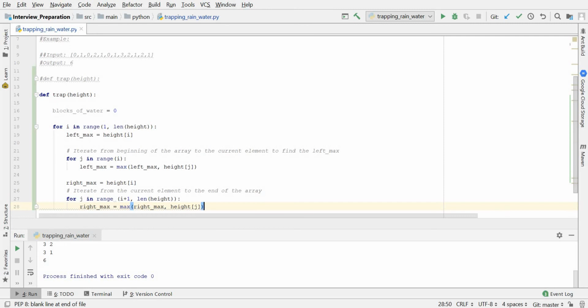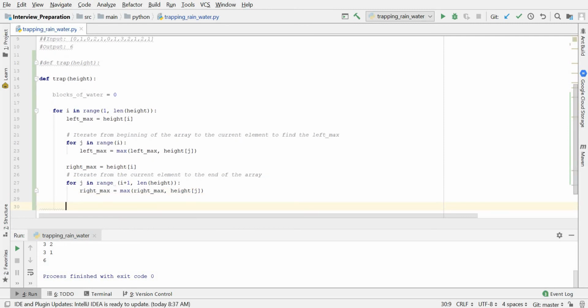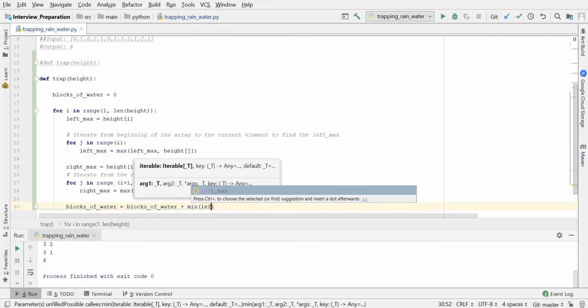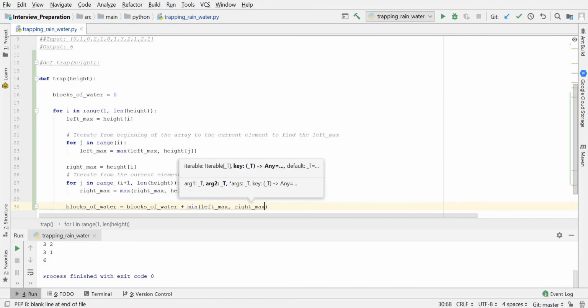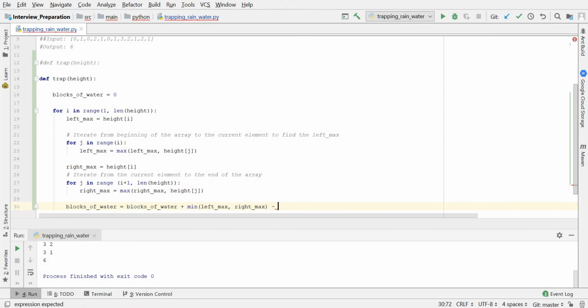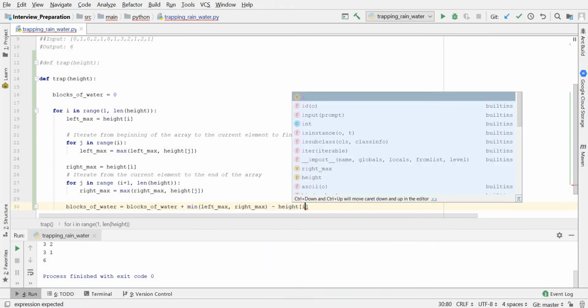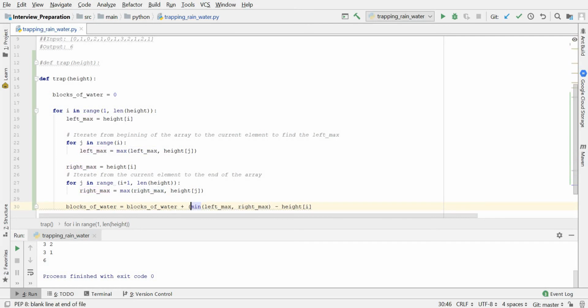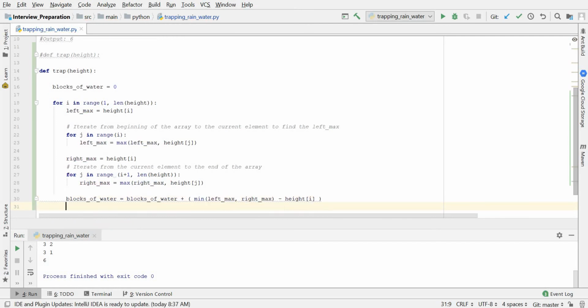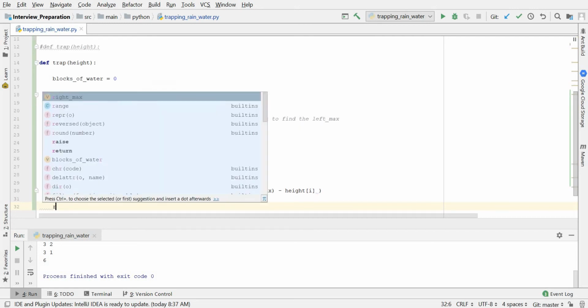So now since we found out the left max and right max, now we need to find out the minimum of those two values and then subtract the current element to find out whether a block of water can be stored or not. So blocks of water is equal to blocks of water plus the minimum of left max comma right max, and then we are going to subtract the current element. We can have this in parentheses to make more sense, and then we are going to return